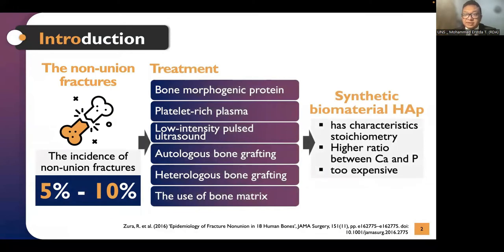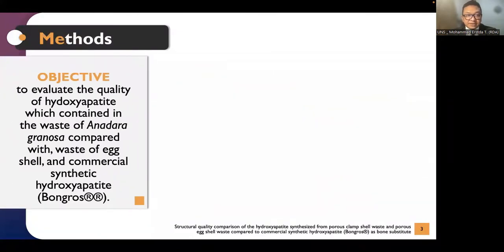It has a characteristic stoichiometry and a high ratio between calcium and phosphate, but it is too expensive for the patient. So the objective of this experiment is to evaluate the quality of hydroxyapatite contained in the waste of Anadara granosa compared with waste of eggshell and the commercial synthetic hydroxyapatite,